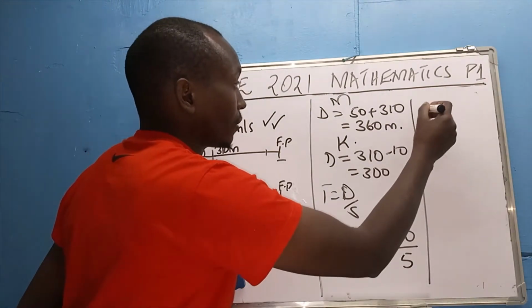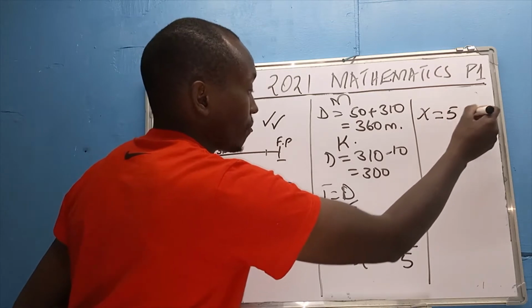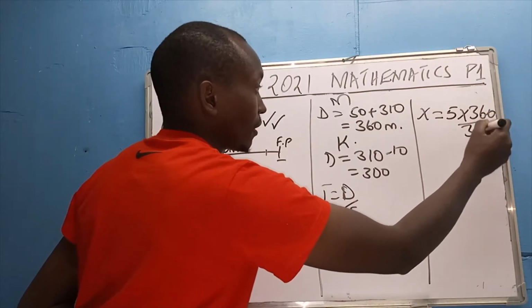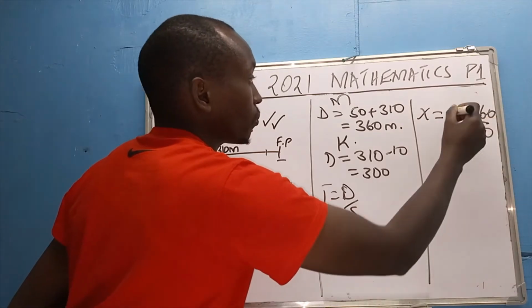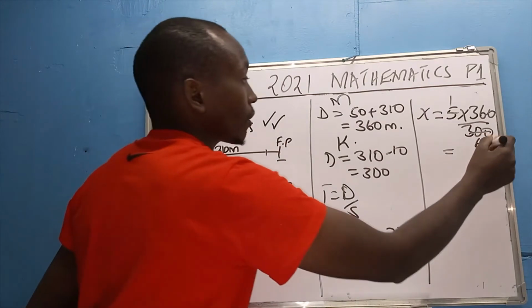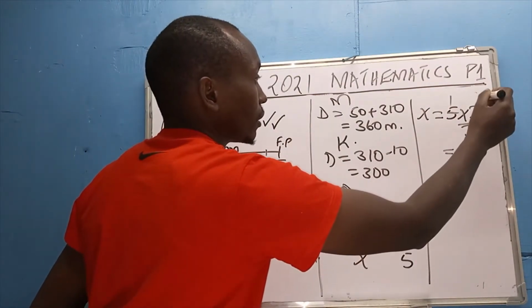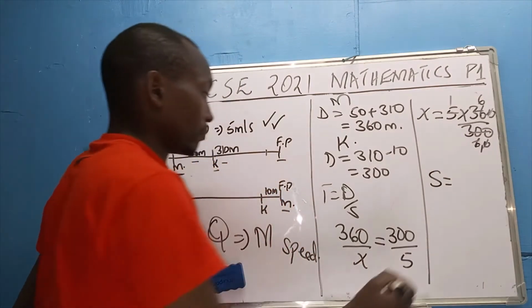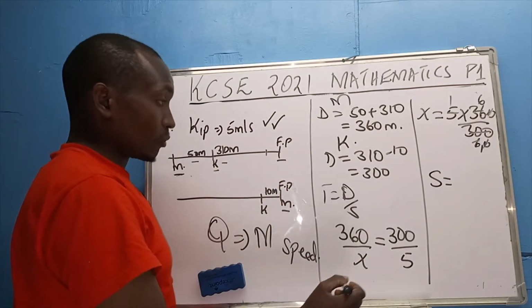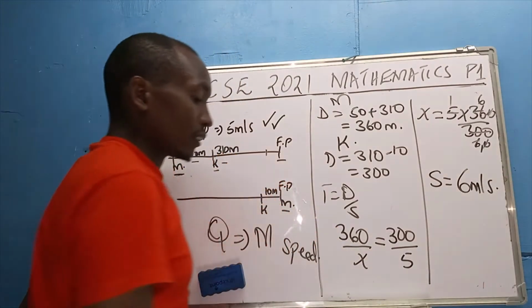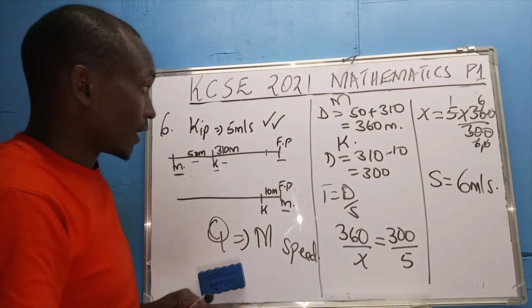Remember, x will be given by 5 multiplied by 360 divided by 300. If you're able to work this out with your calculator, this will be 6. So the speed for Kipsang, not Kipsang but Mutunga in this case, is 6 meters per second. The scoring here